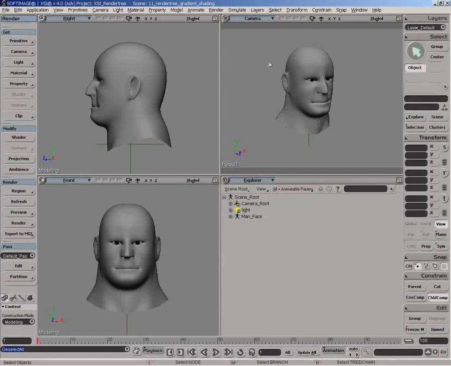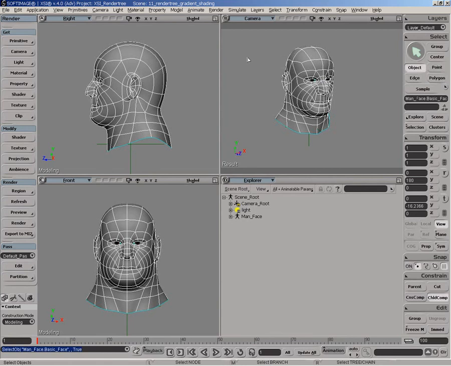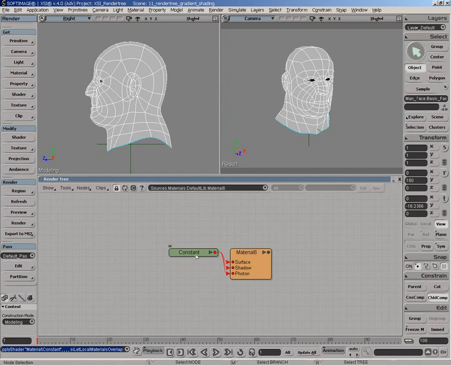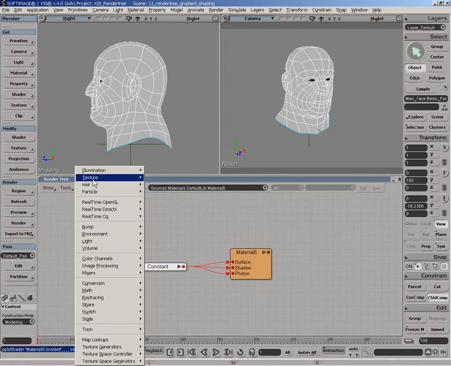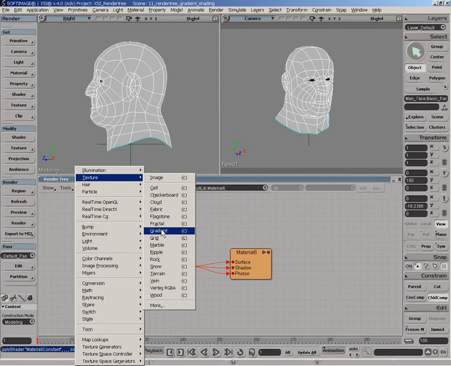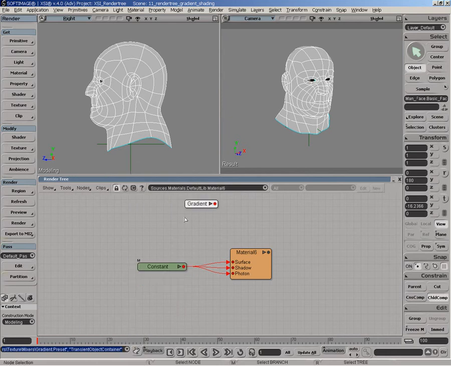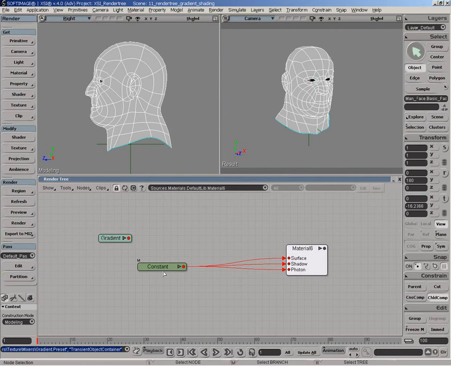The following session will demonstrate how to use the gradient shader to create your own custom shading network using render trees. So the first step here is to select the head model and apply a constant shader and go under render tree. And instead of using the texture gradient shader, we'll use the gradient mixer here. So the gradient mixer is